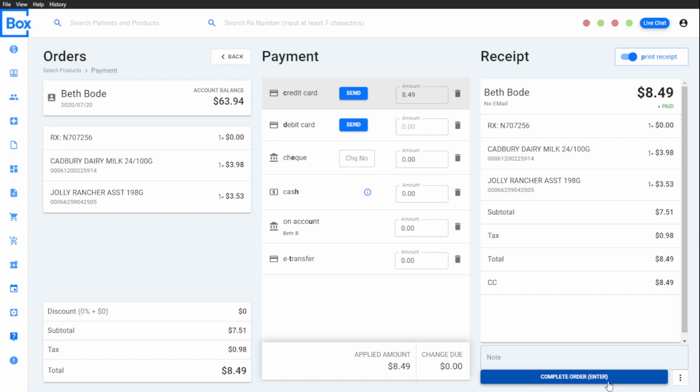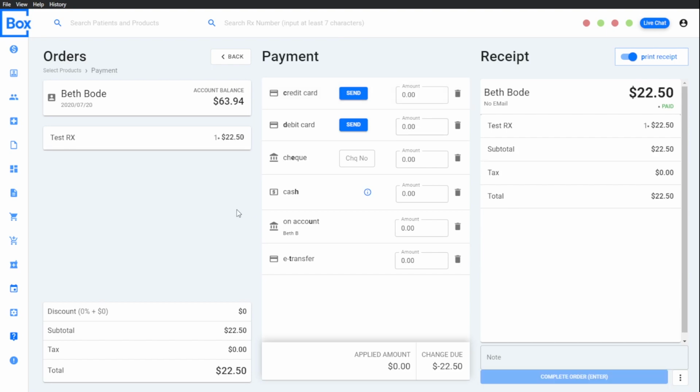Of course, make sure the transaction was processed properly on your payment terminal before clicking Complete Order on Box. But even if you do, you can simply void that transaction using the last transaction button that I showed you earlier. A patient might also ask that you charge them on account. To do this, we just click On Account, and it will automatically process the amount,